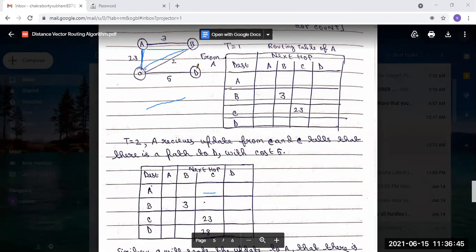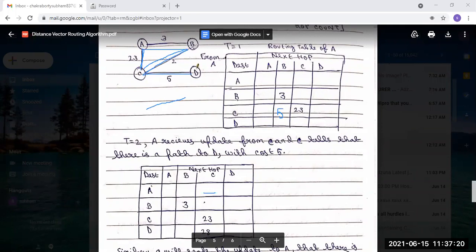What is the value? C is the destination. Now there is a path from B to C and C to D. So that means there is a path from A to B, B to C, and C to D. So 3 plus 2, 5, 5 plus 5, 10.